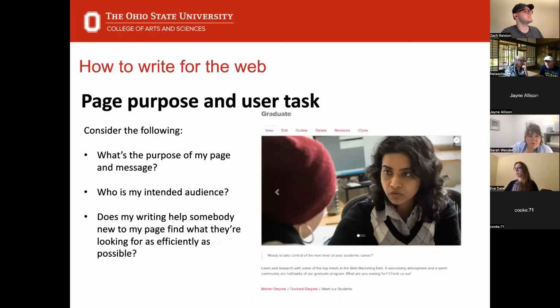So next is the idea of your page's purpose and the user task. So one of the things that you should always keep in mind when you're writing for your website is, what's the purpose of my page and what's my message? What's the purpose of my message? Who's my intended audience? Is it going to be students? Is it going to be members of faculty? Is it going to be staff? Is it going to be the general public? Those kind of things. Does my writing help somebody new to my page find what they're looking for as quickly